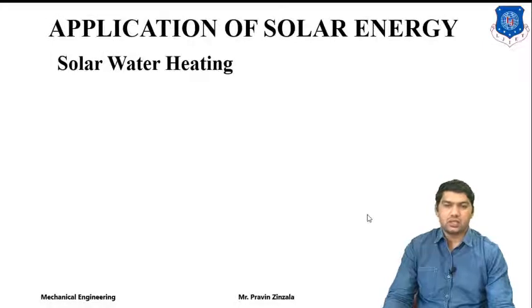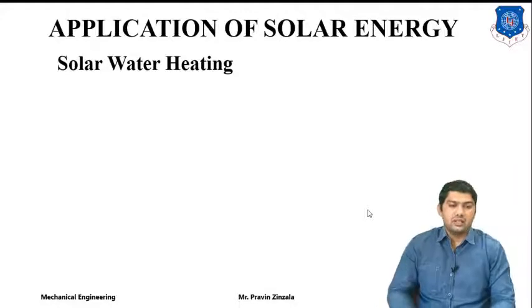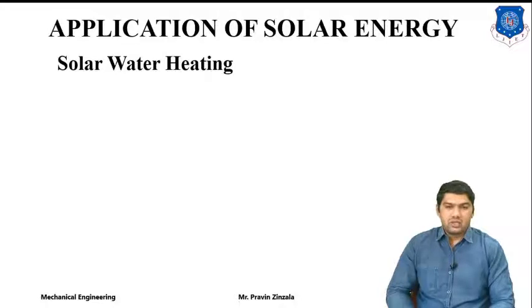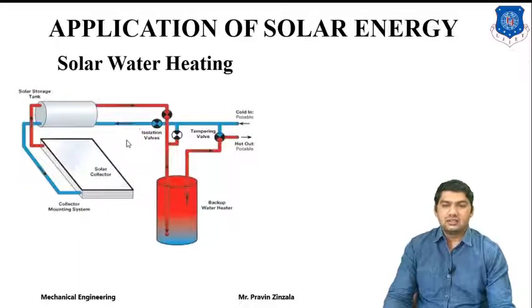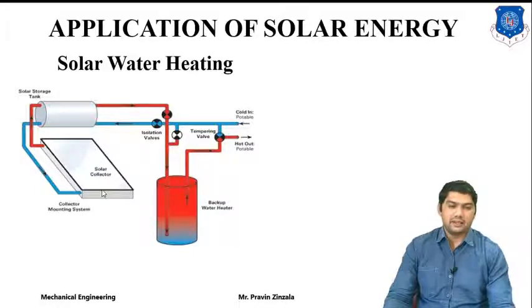Next application is solar water heating. We are also well known about the solar water heater, a device used to heat water, and it is generally utilized in domestic, commercial, hotels and different types of organizations. It has advantages compared to our conventional system. The basic system provides one type of solar collector. Here two types of collector are provided: simple type and evacuated type. Simple type means the flat plate collector.